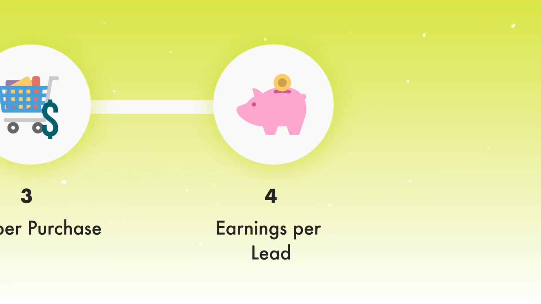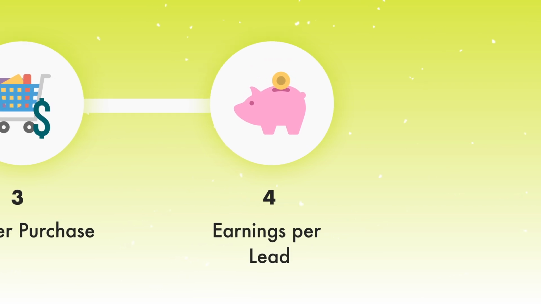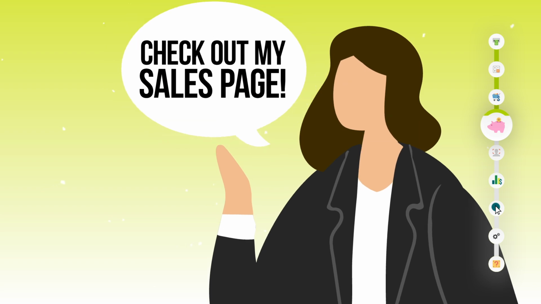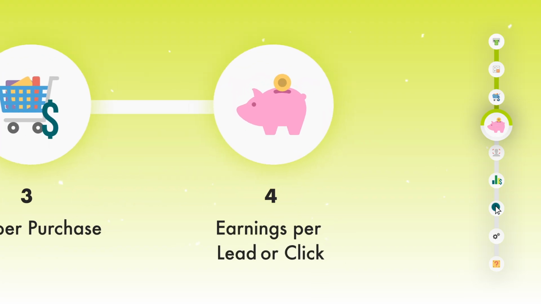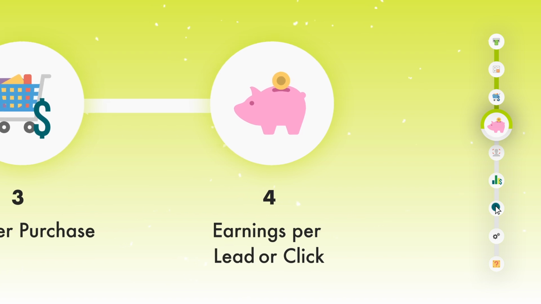These next two metrics, now there's two different ways to calculate them. So if your business generates leads or subscribers or opt-ins of some sort, where your sales process naturally happens in email, then you would calculate your earnings per lead. And every single new email subscriber would be a lead for your business. But on the flip side, if you're an e-commerce company where you're sending people directly to your sales page or your store, you might not have email subscribers. So you would calculate your earnings per click. A click being every single time somebody visits your store to potentially check out.